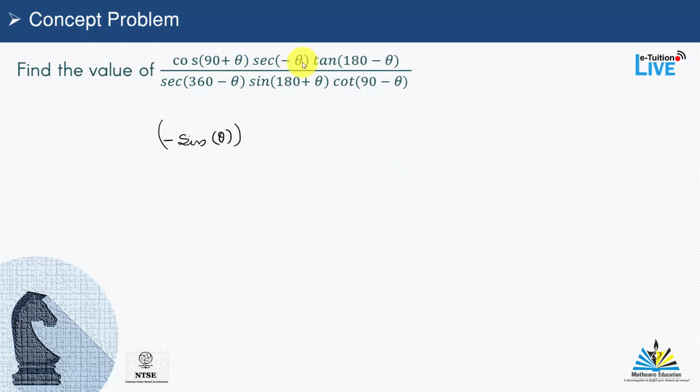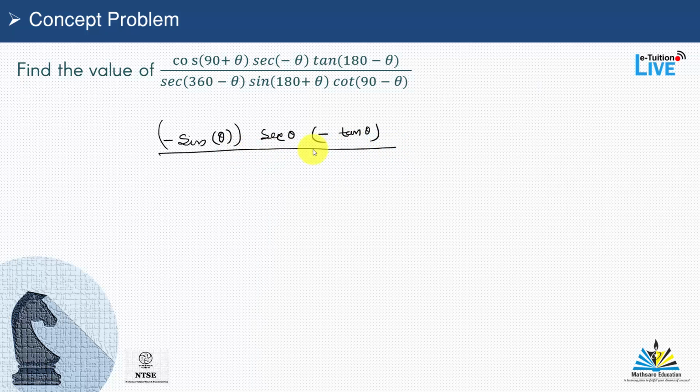Next, sec of minus theta is sec theta. As you can see, sec and cos have no effect, so sec theta. Tan of 180 minus theta: this is a change about the x-axis, so there will not be any change, and this is in the second quadrant, and tan is negative in the second quadrant, so this is minus tan theta